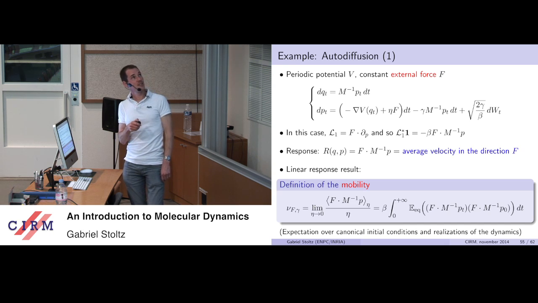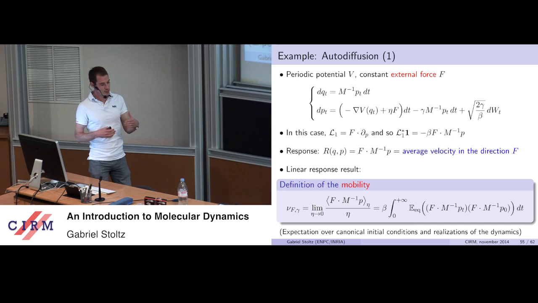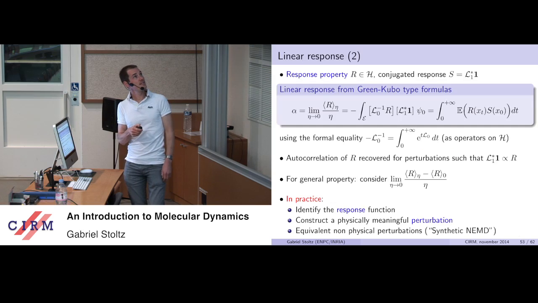I expect that when eta is equal to 0, so I'm not pushing, the velocity is on average 0 because it's diffusive. And when I start pushing a little bit, the velocity will be proportional to eta. And so this is encoded in the fact that the average of my response with respect to the invariant measure when there is a forcing eta, divided by eta, should have a limit as eta goes to 0.